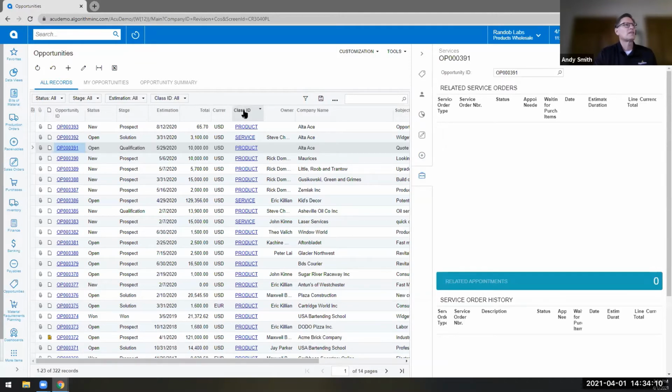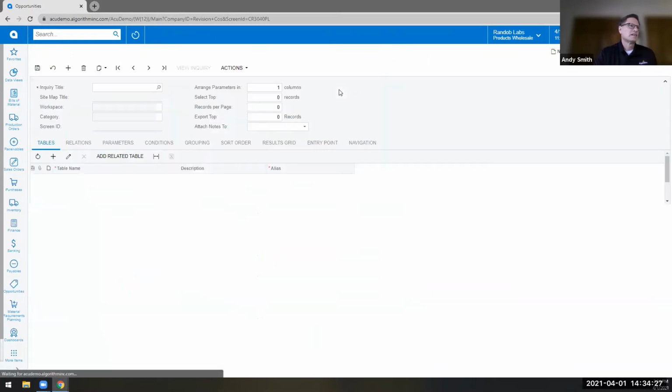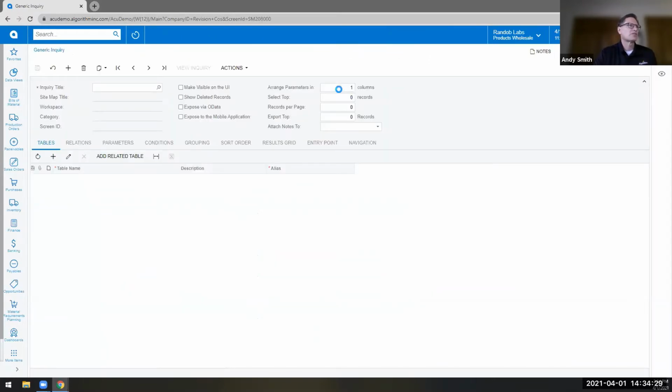And you can see right here in this class ID column that I have some product-related opportunities and some service-related opportunities. And though I'm on a product-related opportunity, it's still showing me the service information. So just to do a quick demonstration of a new tool Acumatica has provided to allow us to narrow down and better focus our users on the things that are important to them, I'm going into the definition of this